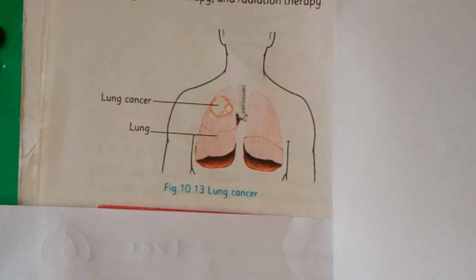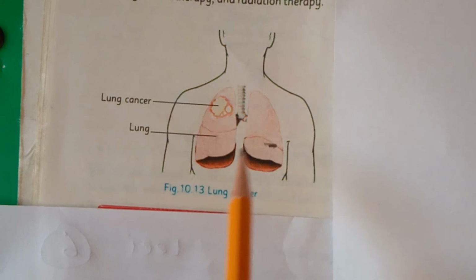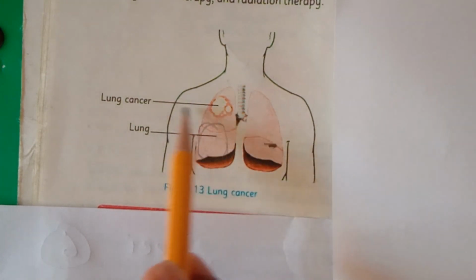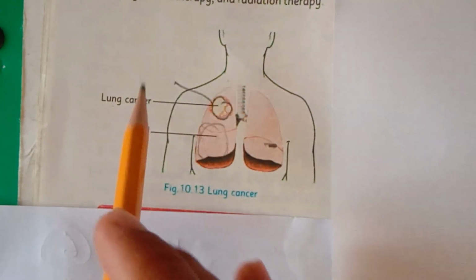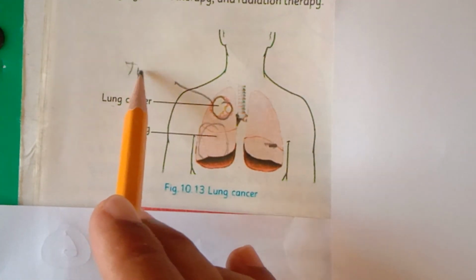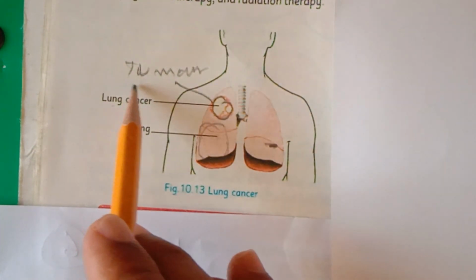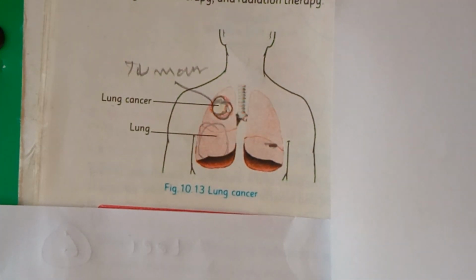The diagram shows the effect of cancer on lungs. So this is normal lung, and this is an infected lung. So here lung cancer, tumor produced. This is tumor. So due to abnormal cell division, tumor produced. This is a tumor or mass of cancer cells. So this is all about the disorders